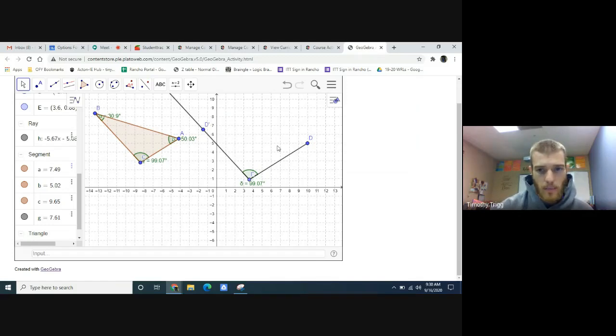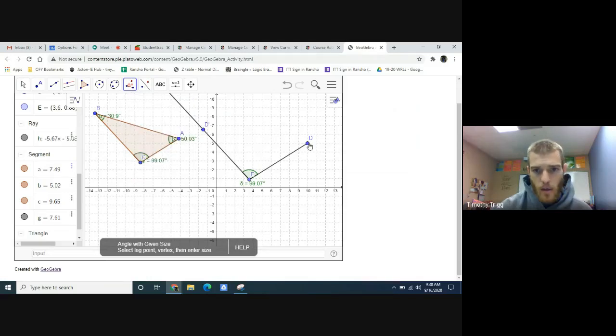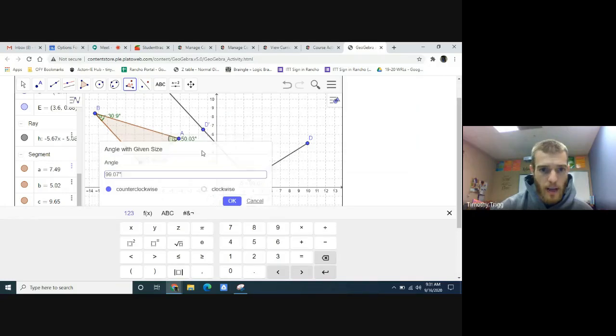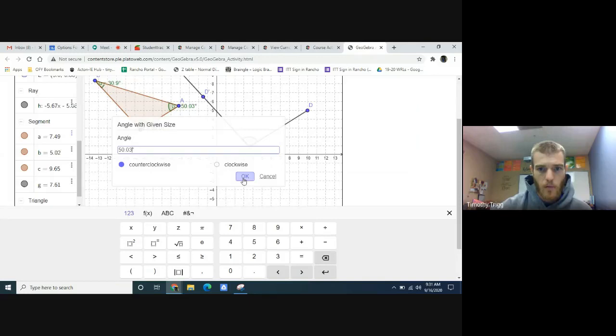Now we want to do the same thing over here. So we want, go to angle with given size, same as before. Click point D and then this segment. And this time we want it to be the same as this. So that's same as angle A. So that's going to be 50.03 in my case. You might have different angle measures, but